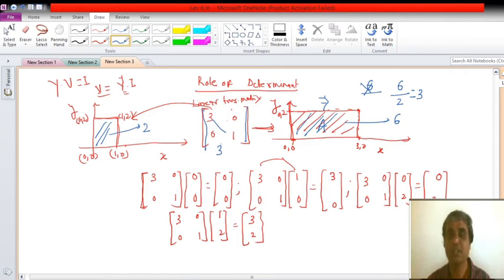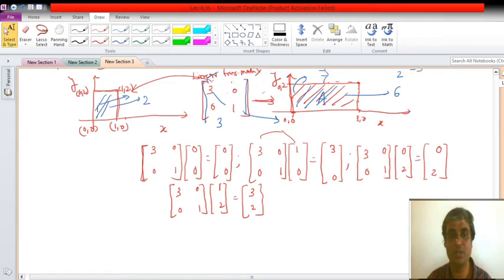So what the determinant says, we can also define it as the ratio of the area of the resultant mapped signal divided by the area of the input signal. It means the determinant is giving me the amount by which the area of my input waveform will change. That's it. This is the significance of the determinant. Okay. Now let us take two more examples.